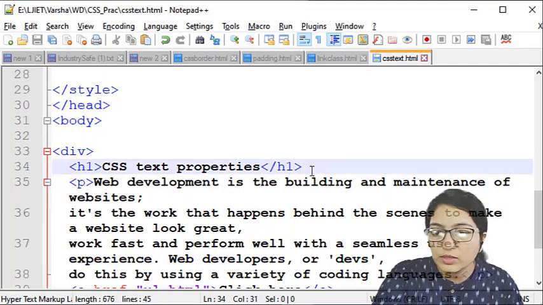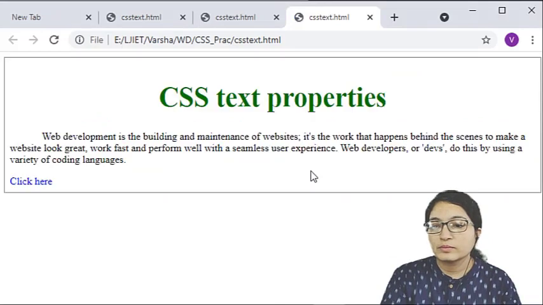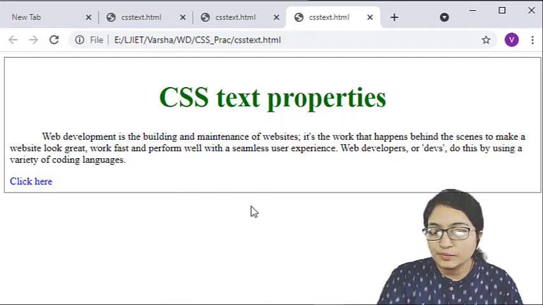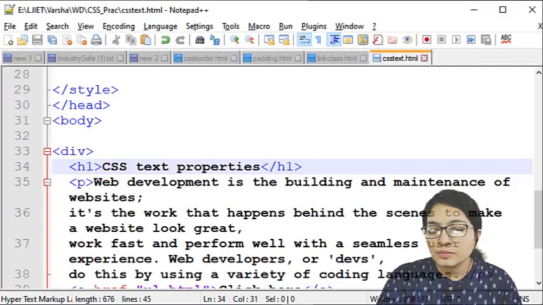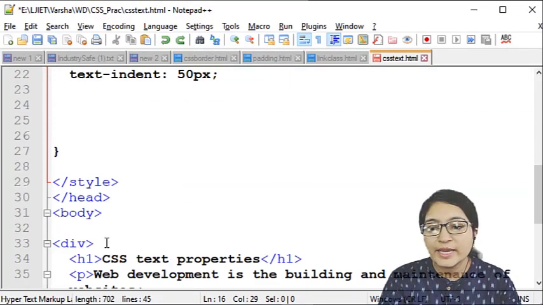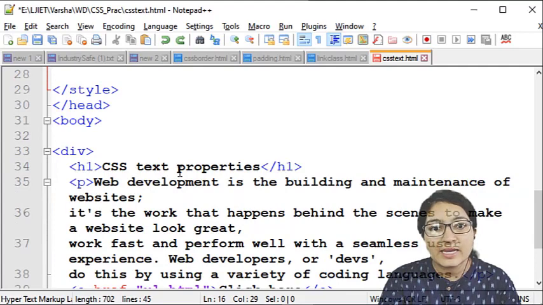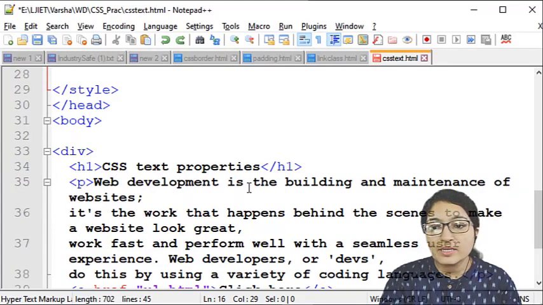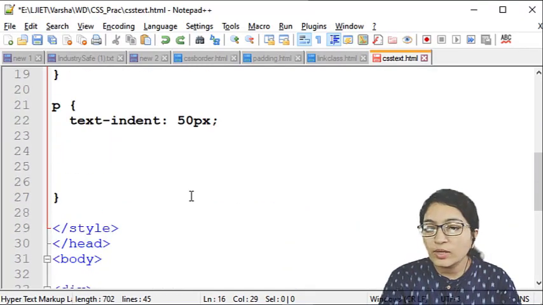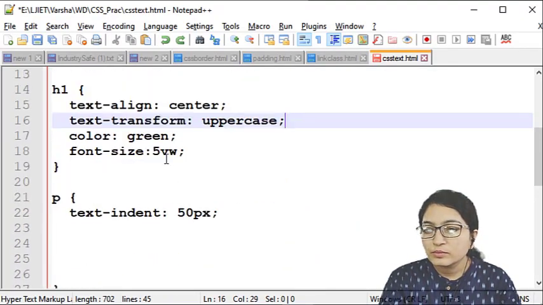So let's see the output of this first. So here you can see the CSS text property is there. CSS is in capital letters here. Okay. Now here, let's see to change this. So suppose I am writing this text transform uppercase for the H1 text. So whatever the content that is in the H1 text, that is CSS text properties, that will be converted into all uppercase letters.